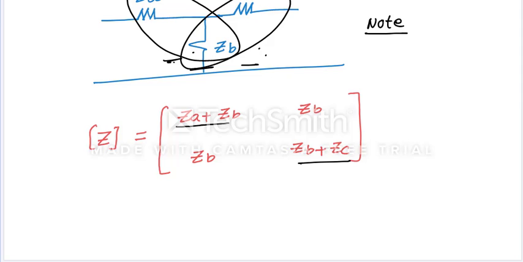Whenever it is given like this, first we have to convert the admittance or conductance into resistances, impedances, and only then apply it. So the units must be ohms here. If they give mhos,